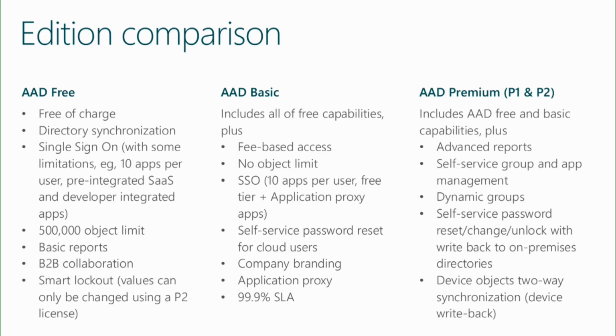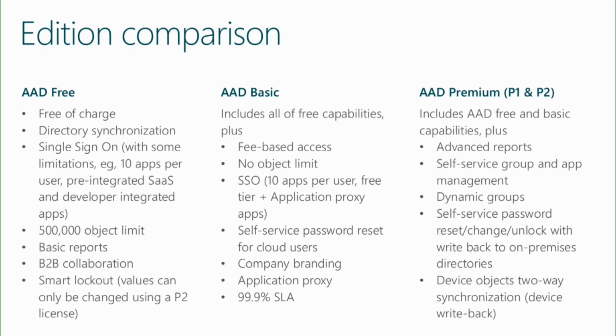Every single user with a subscription to Azure has an instance of Azure Active Directory, which is the free instance. It's got some pretty big limitations. Well, I say big limitations in the sense that the limitations are actually quite large. This is not meant to limit what you can do. Most of the limitations in the free version come from the tools around self-service and management as opposed to the scale of the directory. So it does support things like directory synchronization with an on-premises Windows Server Active Directory. It does support some basic reports, and it does support things like single sign-on. There is a limit of 500,000 objects.